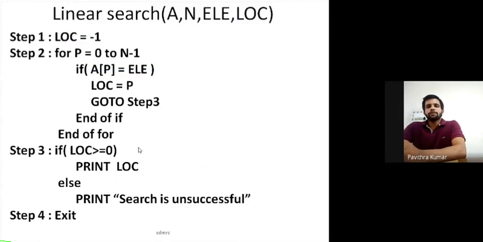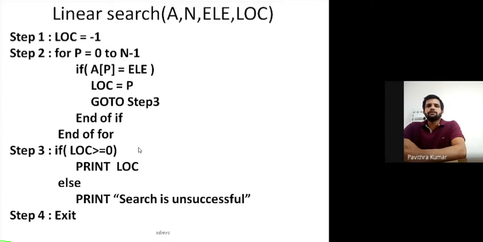Okay, the next operation as far as arrays are concerned is searching, finding the location of an element in the array. So the location can be 0, 1, 2, 3, up to n minus 1. It cannot be beyond that. As far as searching is concerned, there are many algorithms, but as per our syllabus, we are covering two algorithms: one is linear search and another is binary search.